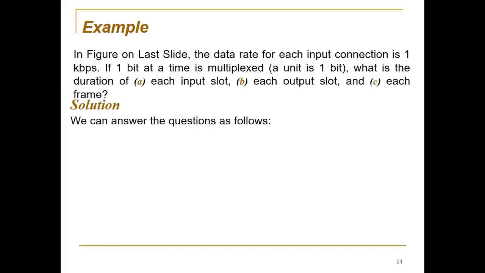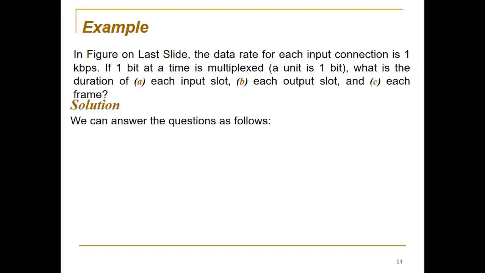So we can answer this question by saying that if we do have a data rate of 1 kilobit per second, we want to determine the various input slot time durations or data rates when it's been multiplexed. Then for A, each input slot, the data rate of each input connection, which happens to be 1 kilobit per second, would mean that the bit duration is 1 divided by 1,000 seconds, or 1 millisecond,